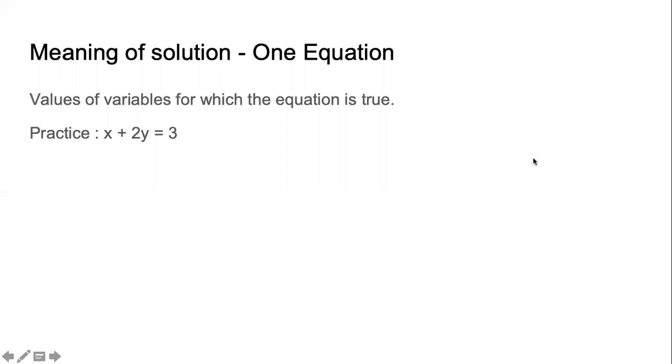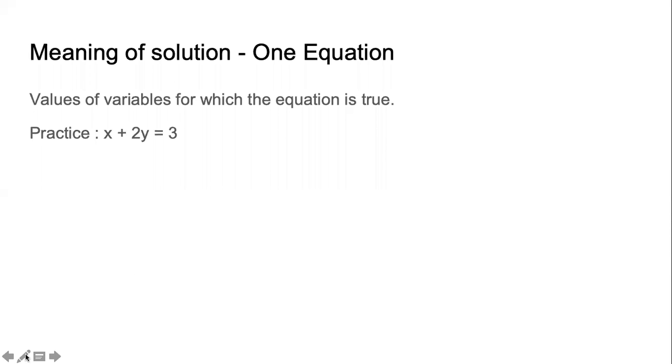Next thing to understand when we are studying linear equations in two variables is, what is the meaning when we say solution? What does it mean? Solution means upay, tarika. So the very nature of the linear equation that we are having here, linear equation in two variables, we have variables and we have constants. By definition, that we revised yesterday in algebra, variables don't have fixed values. Variables by definition mean that their values can change.